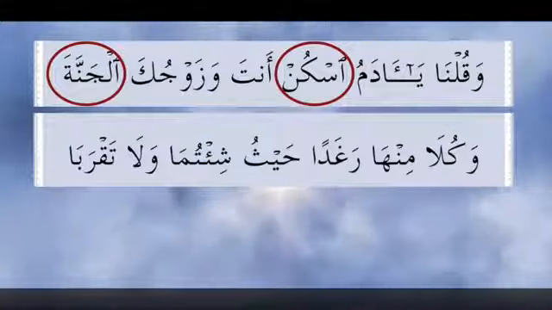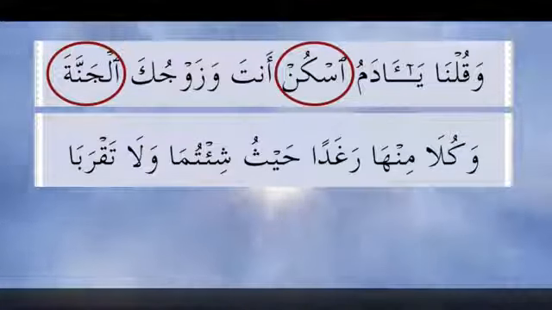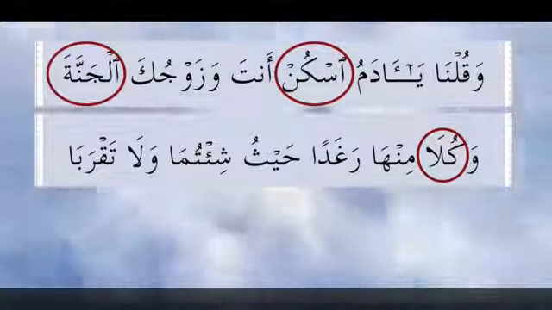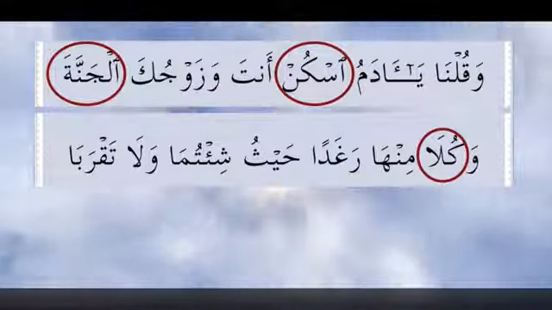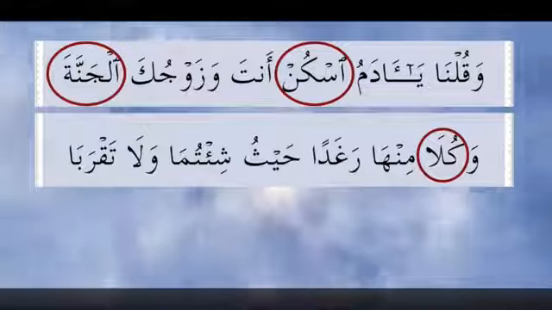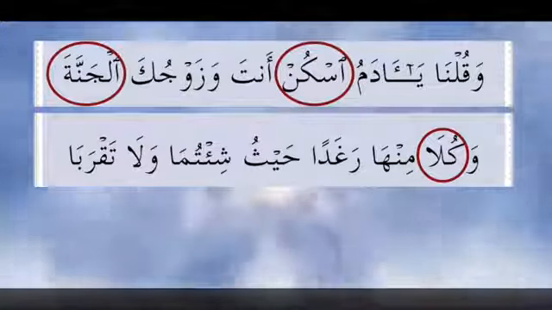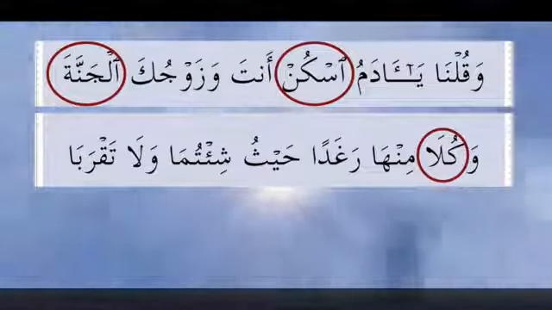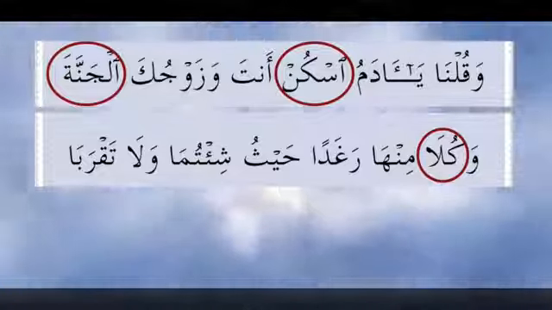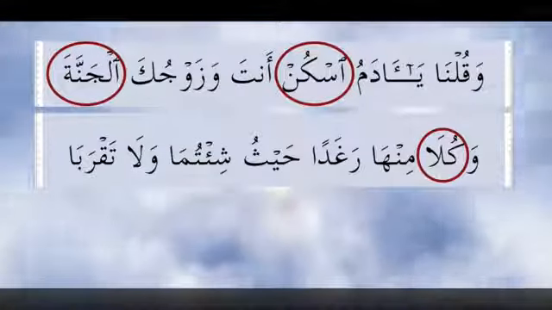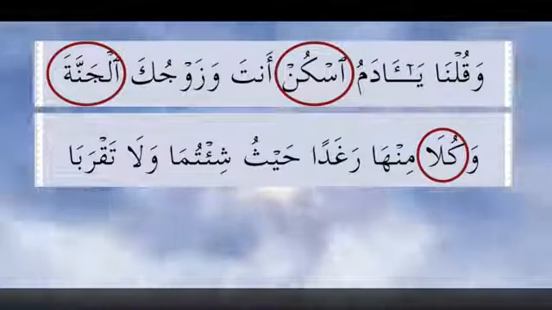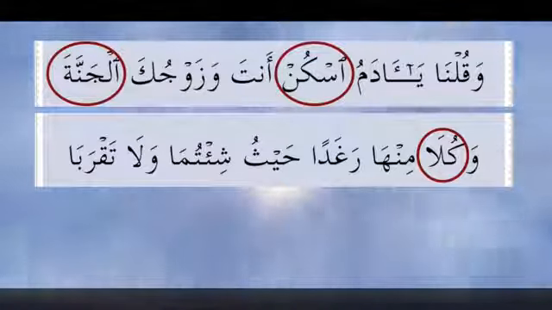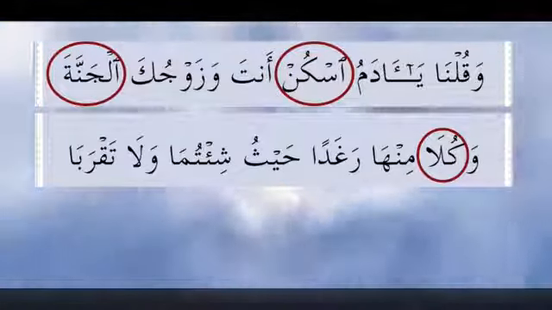And it says wakula minha ragadan haythu shi'tuma wala taqraba. So here kula is again fa'il amr. It comes from akala ya'kulu. Though we know this is an atypical verb where the fa'il amr is not formed in the normal pattern. It is a different pattern, which is kul, and for antuma it is kula. So here both male and female, it includes two of you. This alif is alif musanna. So both of you eat minha, from a jar majrur. Ha refers to jannah, so it's feminine. Ragadan means carefree, without worrying about anything. So eat from it, ragadan,